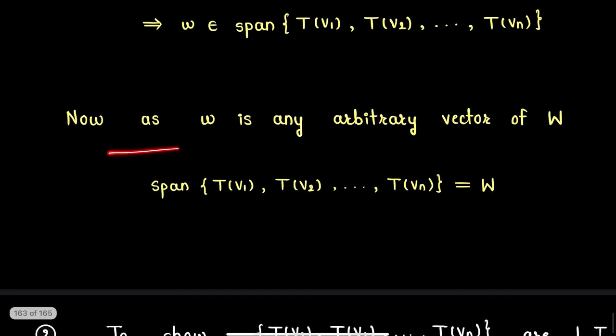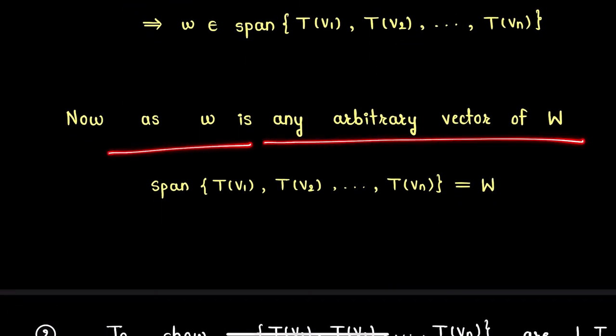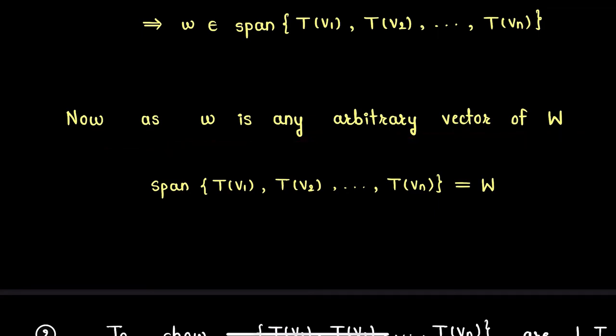Now as W is an arbitrary vector of vector space W, any arbitrary vector of W can be expressed in the linear span of vectors TV1, TV2 up to TVn, and therefore we can conclude that the linear span of vectors TV1, TV2 up to TVn is